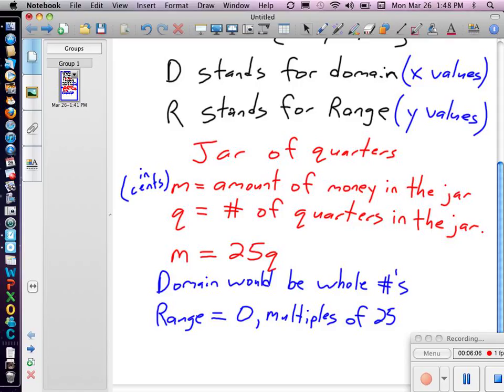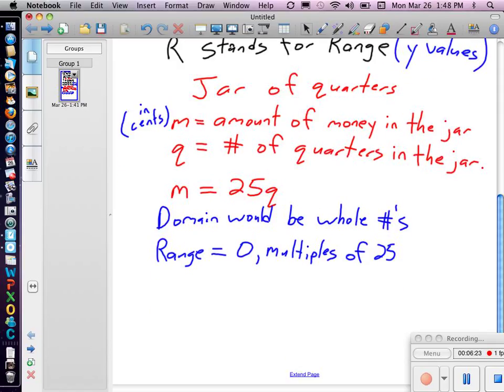This is a real-world situation, and when you talk about domain and range in the real world, you have to be a little more specific. When you're talking about just any equation in math that doesn't have any real-world words associated with it, like y equals 2x, the domain can be anything. The x value could be negative 100. It could be 0. It could be 2.7. It could be 3/5. Because there's no words associated with it and we don't know what x stands for, it can be anything. Because of that, the range can also be anything. So the domain and range in a regular equation would be different than in a word problem. Getting back to arrow notation,